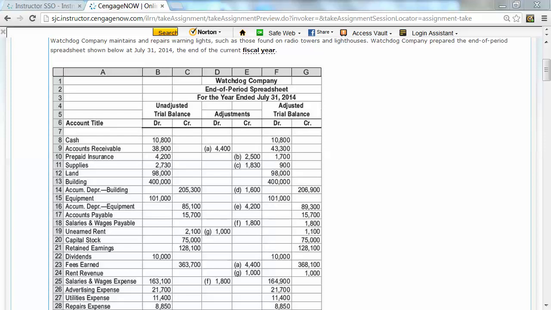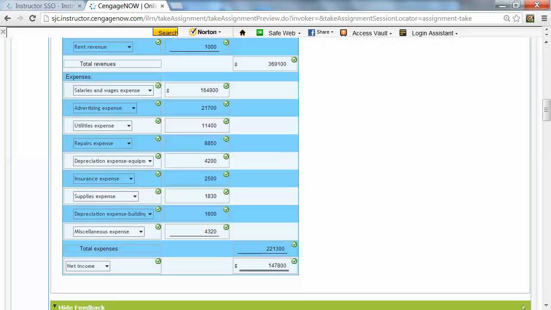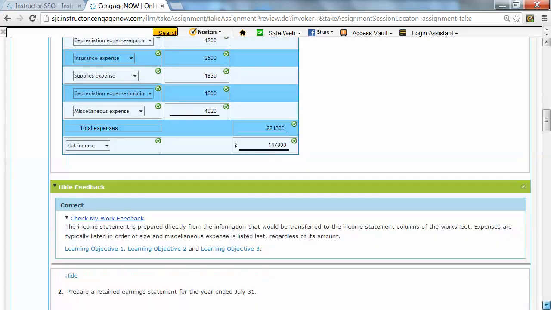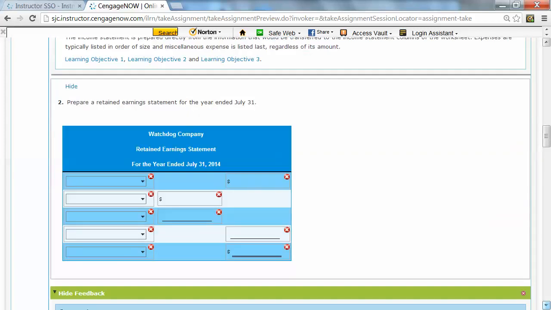I'm going to continue with this problem and do part 2 of it. This is chapter 4, problem 1A. We completed the income statement in part 1. Now I'm going to go down here to part number 2, and it says prepare the retained earnings statement for